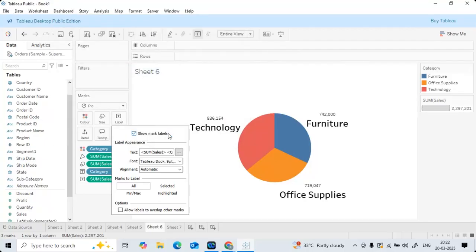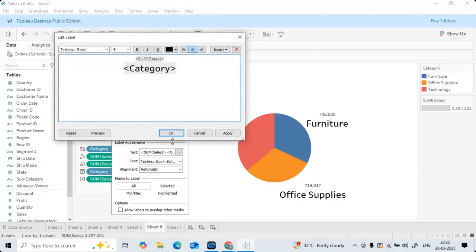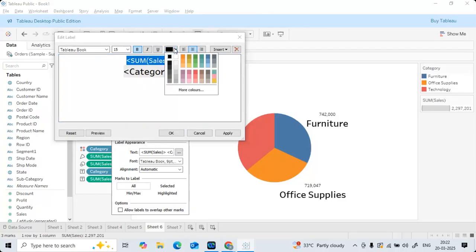Got my point? Now, in the same way, you want to increase the font size of your sales value too, make it bold, and denote it with some different color. Now, again, what is the thought process? Options. Now you need to select your sales. Again, just increase the font size. Now I'll adjust it to 15 and I'll make it bold. And chalo, I don't want black color. I want something like this. Click on OK.